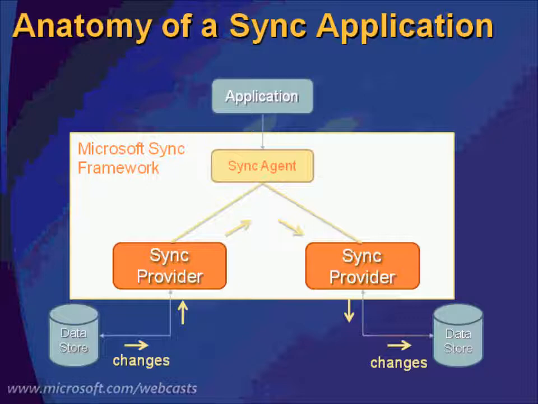Now this is a slide I think will help us make a lot more sense of this and draw it all together. It's the anatomy of a sync application. At the topmost level, we have our actual application itself. And that application can do whatever. Maybe it has access to some backend database, relational database, or anything. Maybe, in the demo that we're going to see, it's our contacts. We're going to be using contacts as our endpoints, whether it be Windows Vista contacts, Outlook contacts, mobile device contacts,